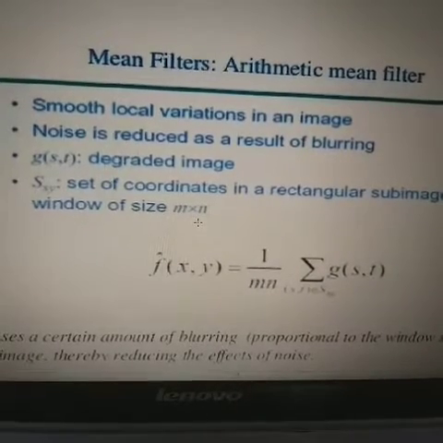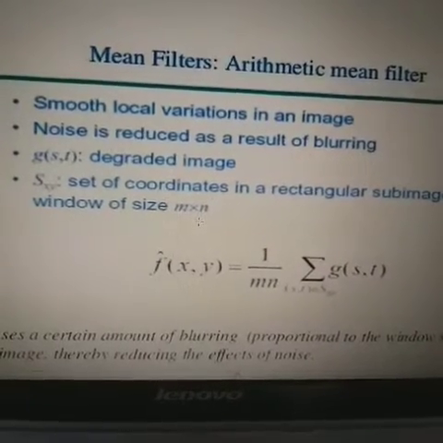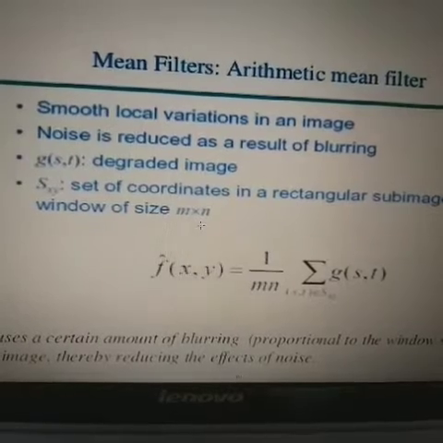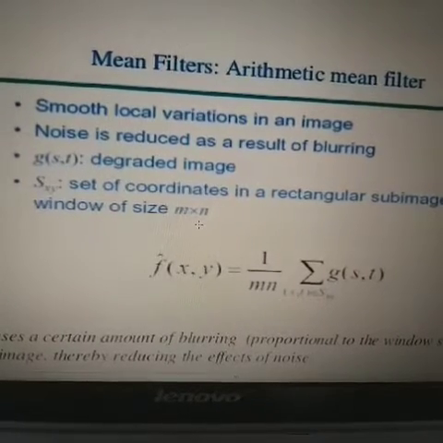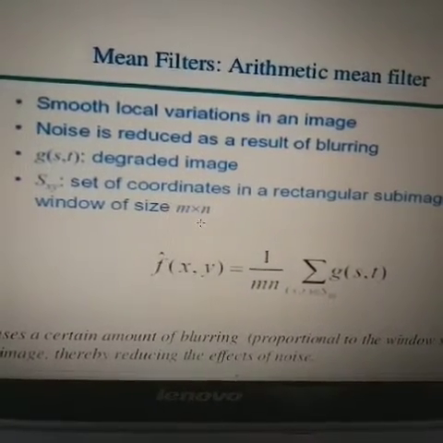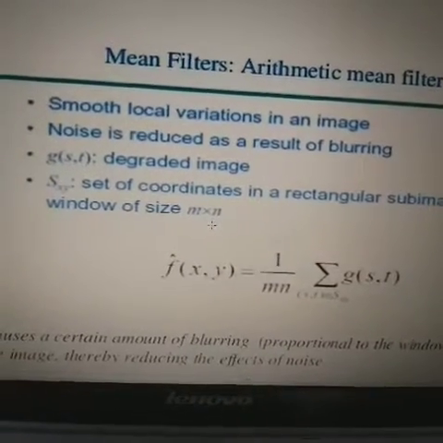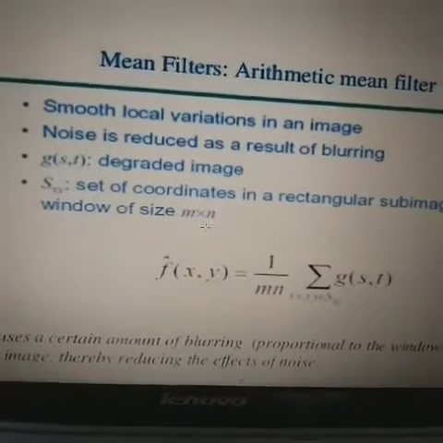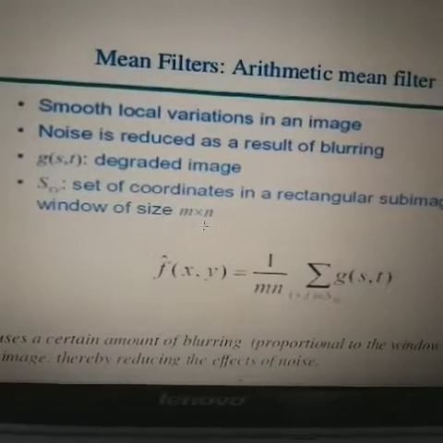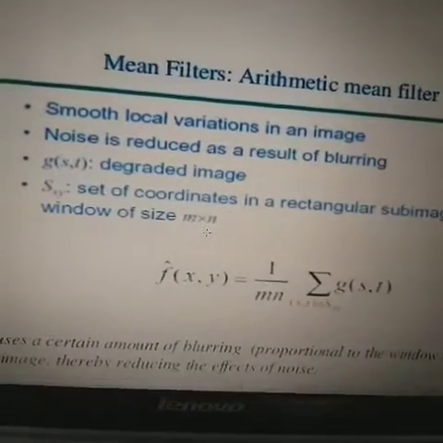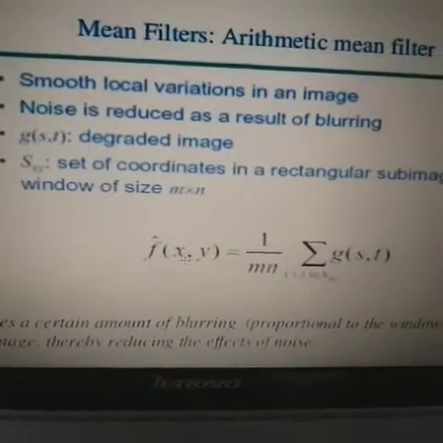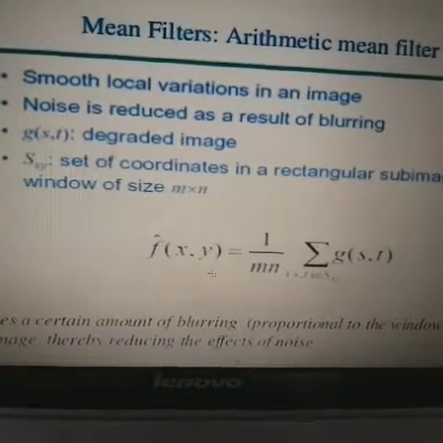So we get the desired output image, which is the enhanced version, similar to the original image, after applying the degradation function.